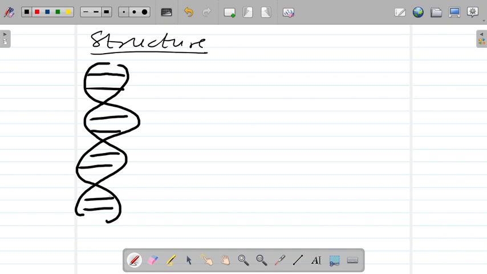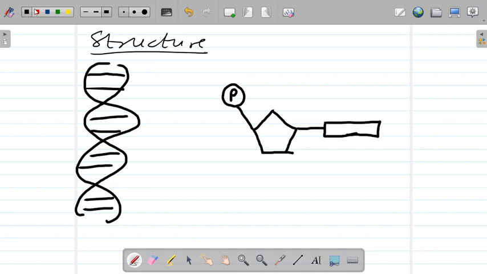Double helix. Now, remember I told you DNA is made up of nucleotides. So what are these nucleotides? Let's draw a nucleotide. First and foremost, we have a pentose sugar making up this DNA, a pentose sugar connected to a phosphate group, and then a nitrogenous base. So this is the phosphate group connected to phosphate group,